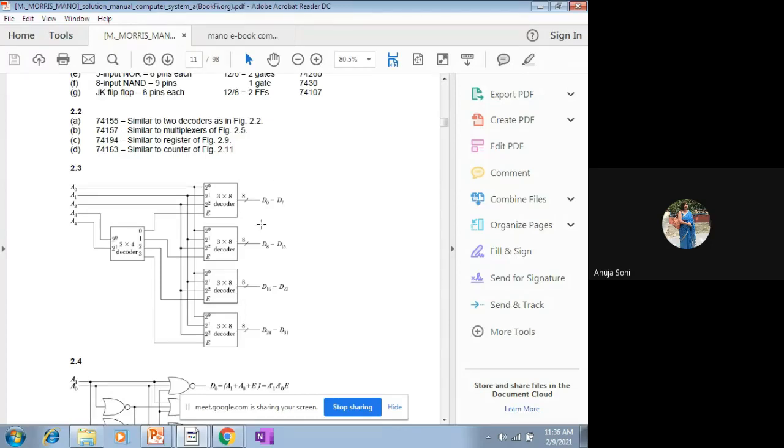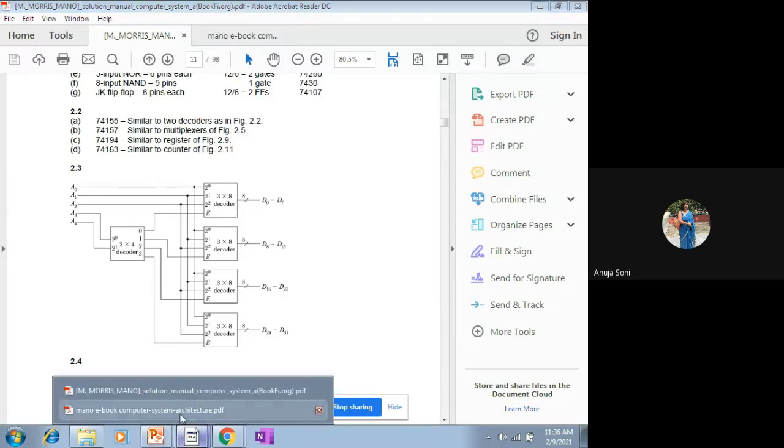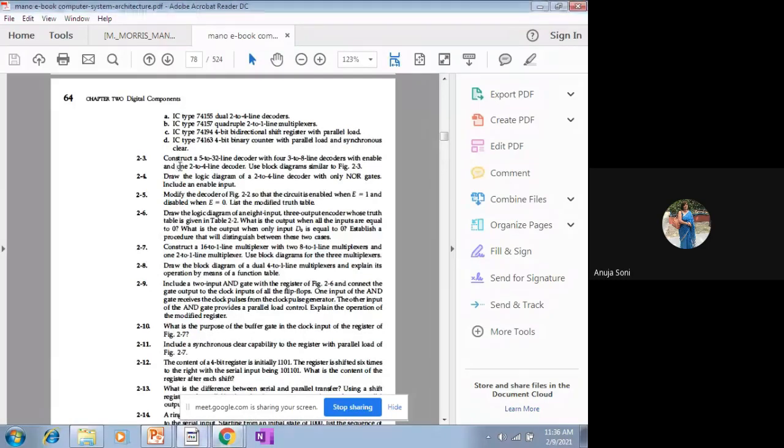So how many decoders have to be used intermediately? Four decoders of the size 3:8 and one decoder of the size 2:4 have to be used in order to construct a bigger size decoder. That is basically stated in your given statement. Again I am going to read this statement. Construct a 5 to 32 line decoder, in which the 5 input lines are desirable and 32 lines as the output lines are desirable.